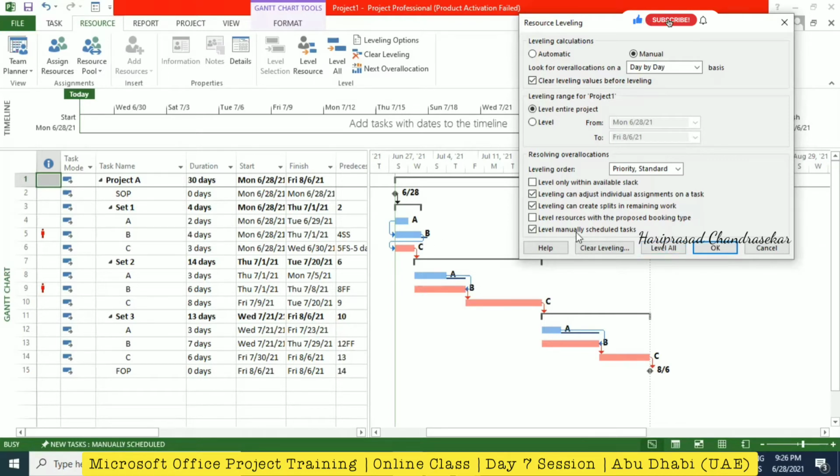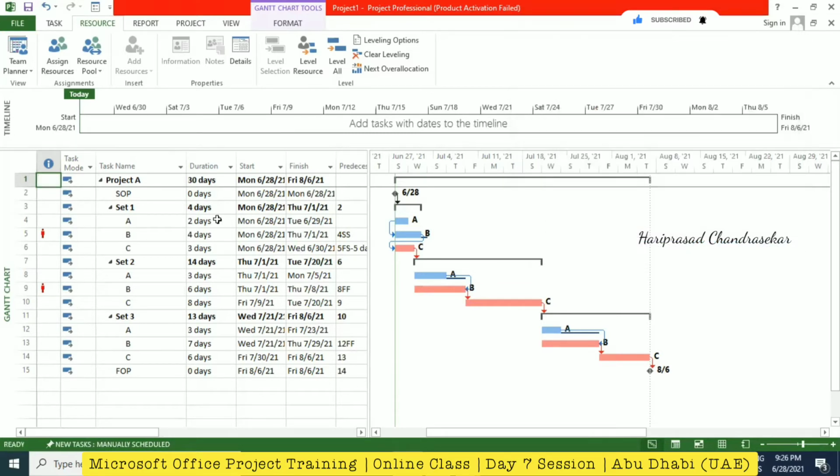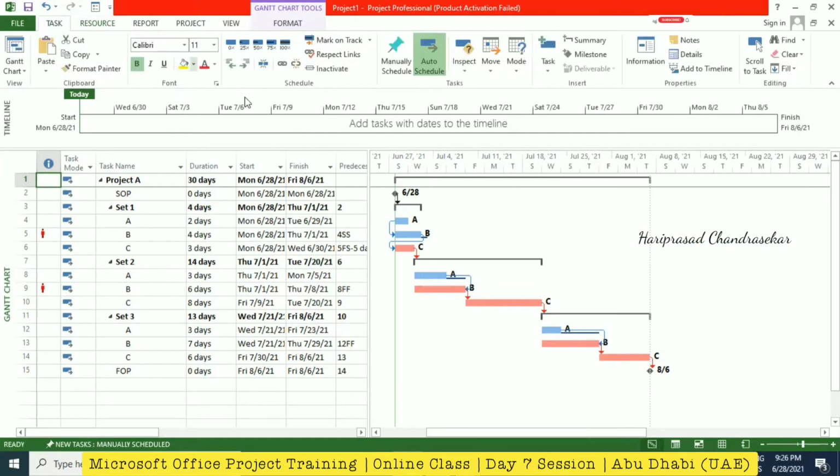Anyway, if you want to compare, you can compare with the baseline. No, I didn't put level all. I'm just going to have baseline first. So right click here, and then go for